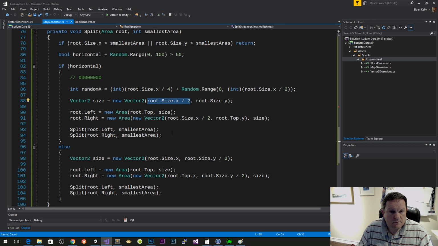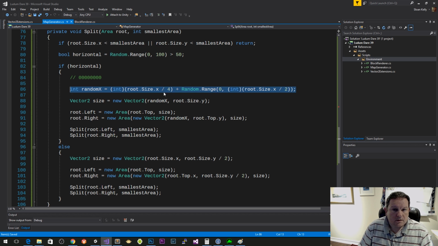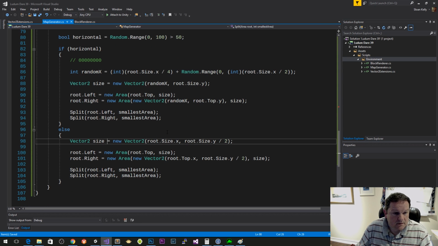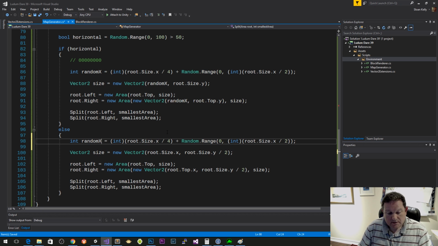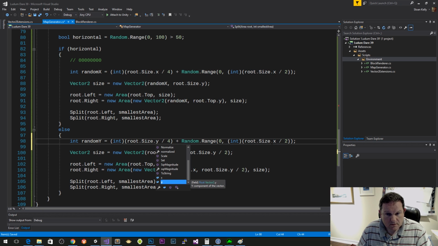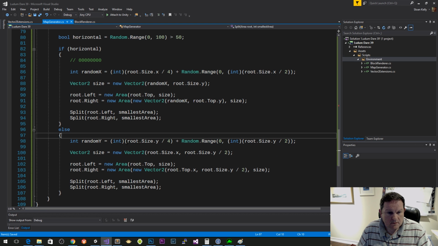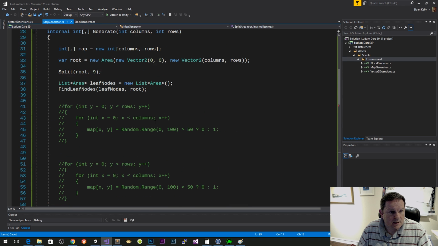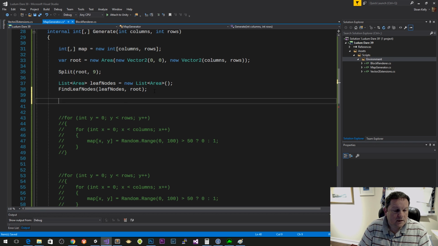So that is going to be random x, and then that's going to be random x. Okay. And random y is going to be the same, but this time for y. So random y is going to be that, and then instead of divided by 2, I'm going to do that, and then I'm going to say for each bar node in leaf nodes,